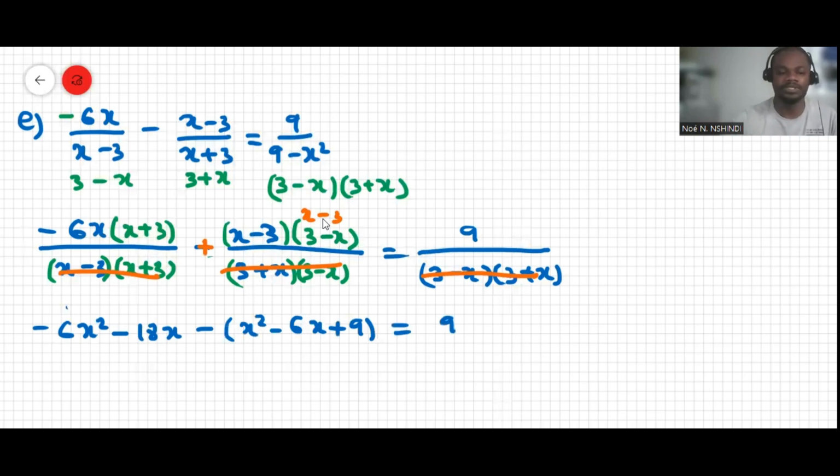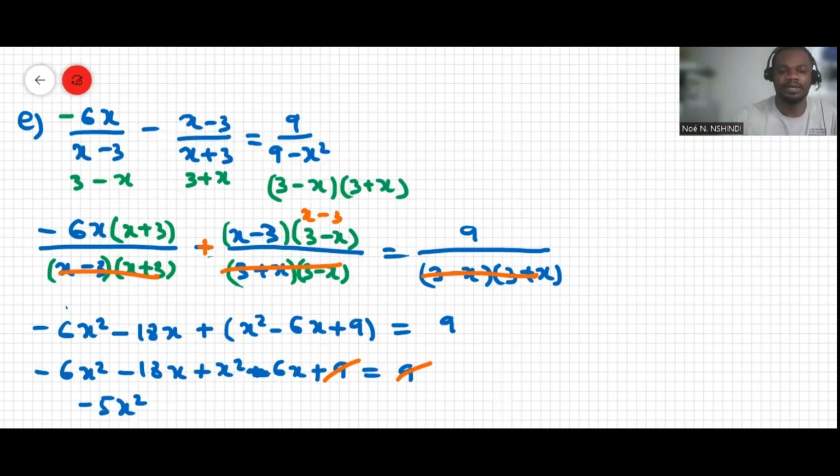I apply the property, so it makes negative 6x squared minus 18x minus x squared plus 6x minus 9 equal 9. There's a plus here, there's a plus there, so it's still negative 9 and then plus 9. That's correct. Then this 9 and that 9 cancel out, and negative 6x squared minus x squared will be negative 7x squared, and then